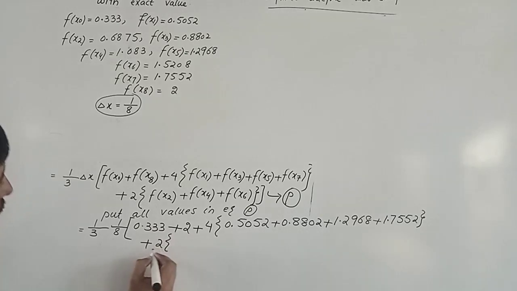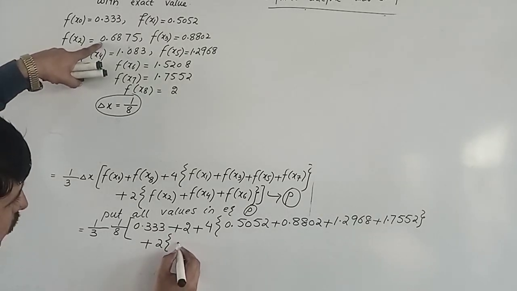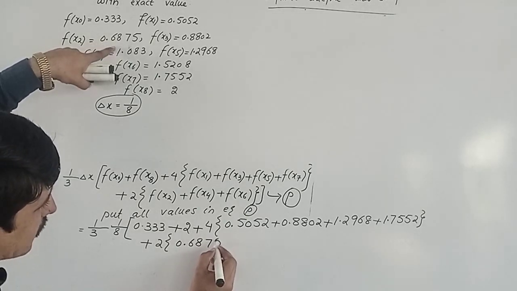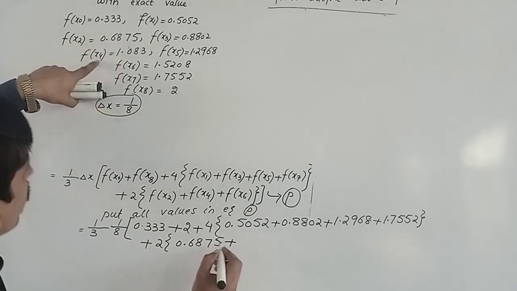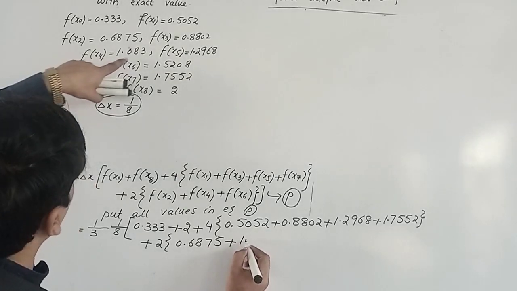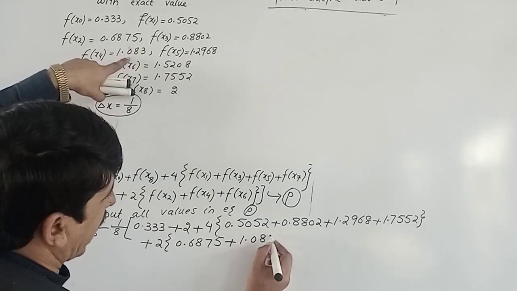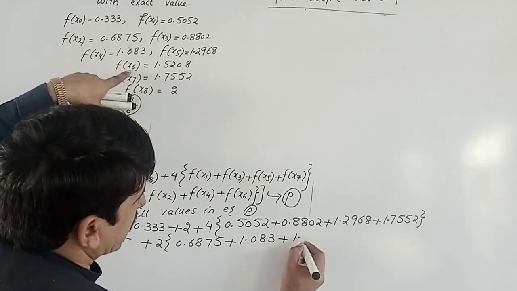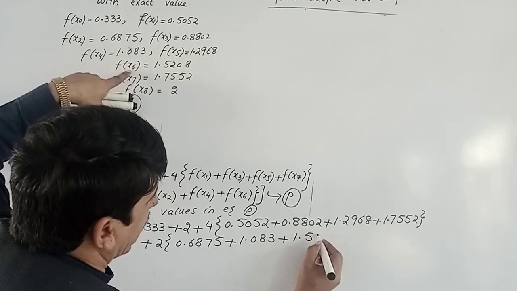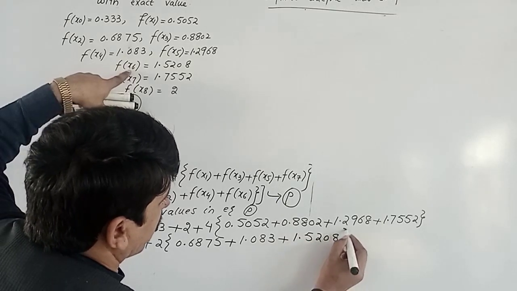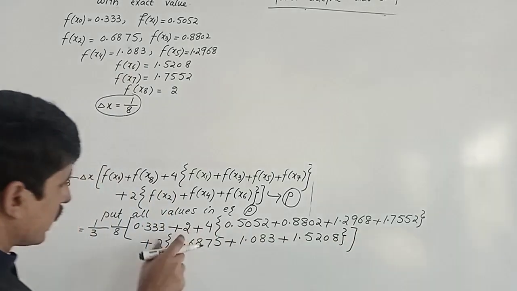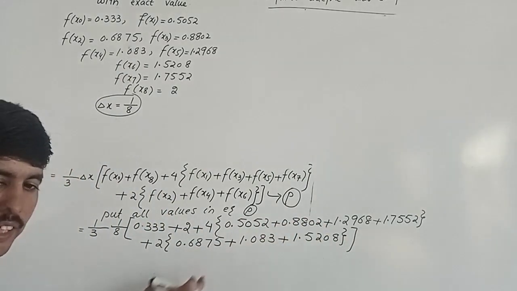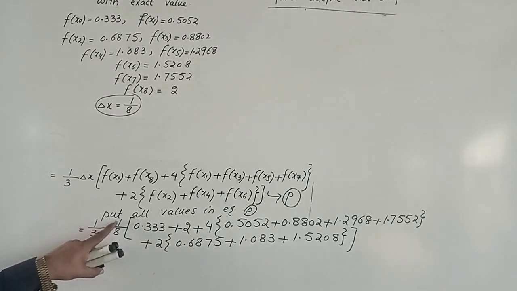the even entries, meaning f of x2 which is 0.6875, plus f of x4 which is 1.083, plus f of x6 which is 1.5208. Now add all these numbers, and we get 1 into 1